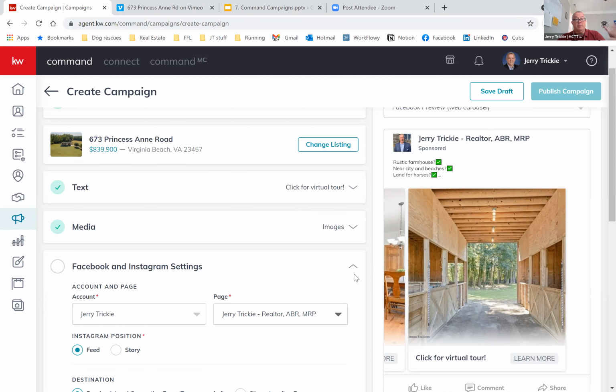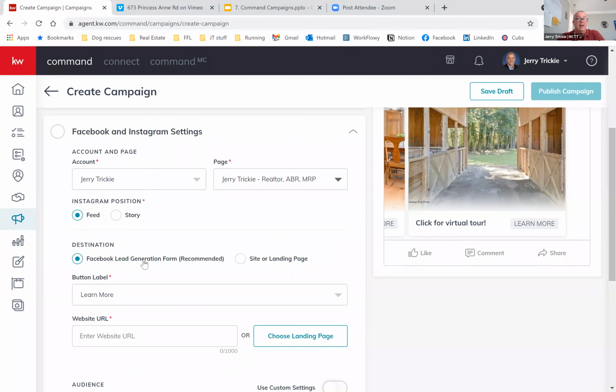So that way, that's what's being seen. Now, lead generation form, which is recommended, or site landing page. The biggest difference here, if you leave it in this one that's recommended, and I do recommend leaving it there, then it's automatically gonna say, okay, this person's gonna click on learn more, and then before they can go anywhere,